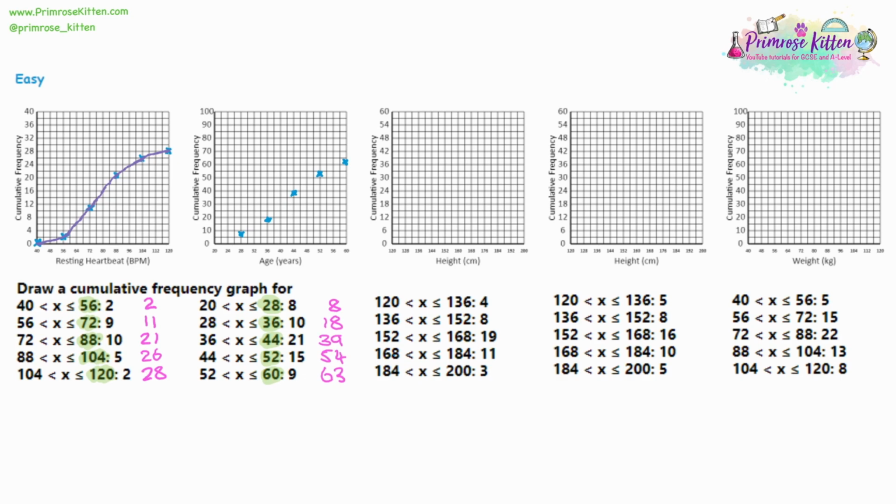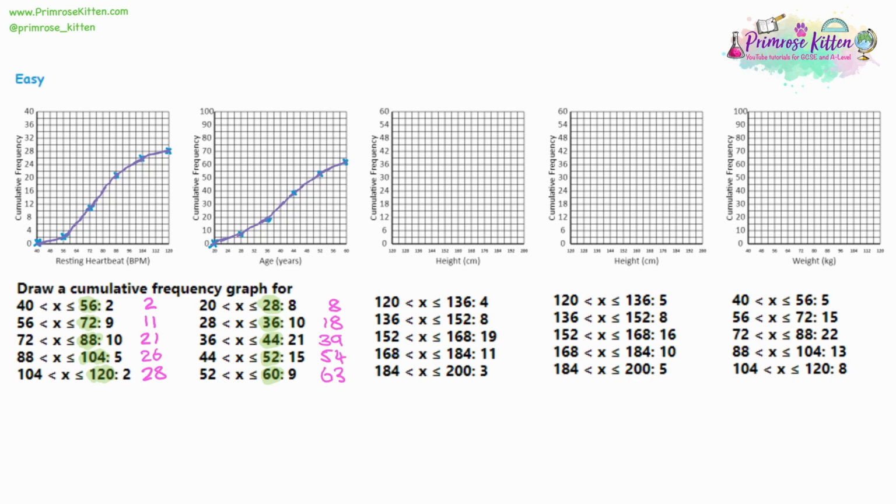Once you plot those points, remember that the bottom corner will also be a point. And that's just looking at the very first groups. The first group starts at 20, so we know there'll be 0 at 20. Now we can join it up with a curve. Try and just use the kind of curve of moving your wrist to plot this. And then you might have a curve of different orientation at the bottom here. Do it in pencil, and again, if you make a mistake, rub it out and have another go.